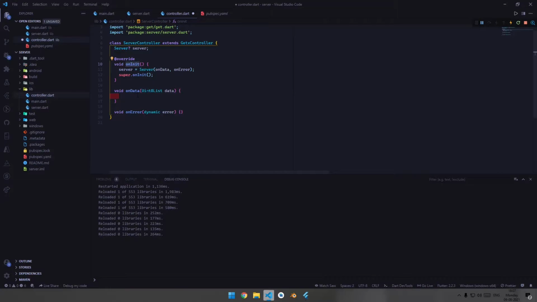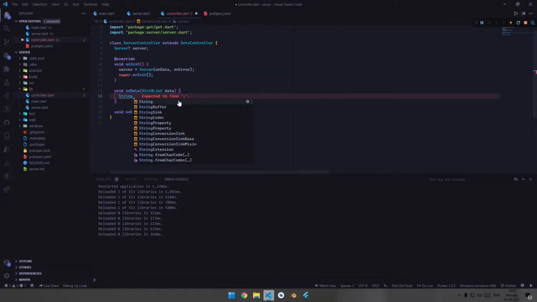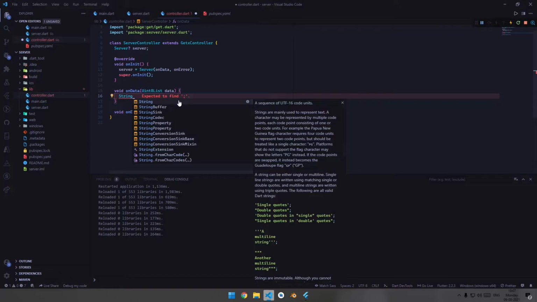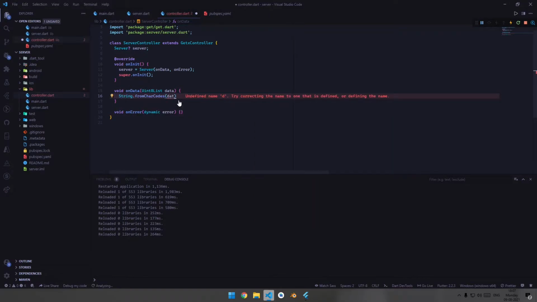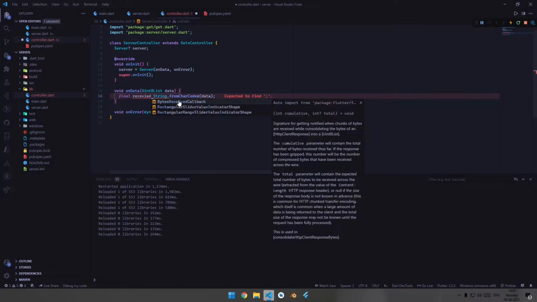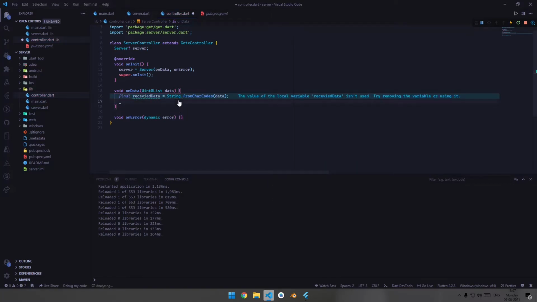Now when the data is received from the client, the received data will be of Uint8List, right? So we need to convert this Uint8List to a string. For that you call String.fromCharCodes, and inside this we pass the data, and store it in a variable called receivedData.